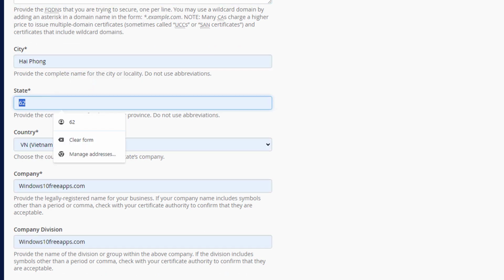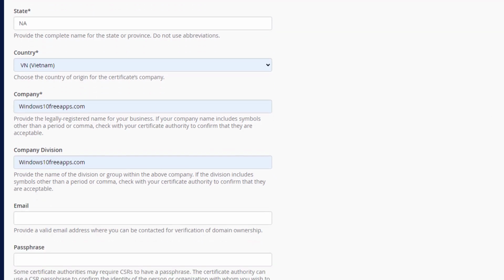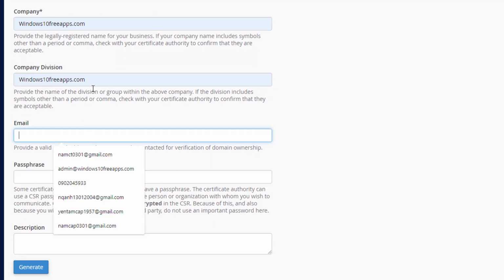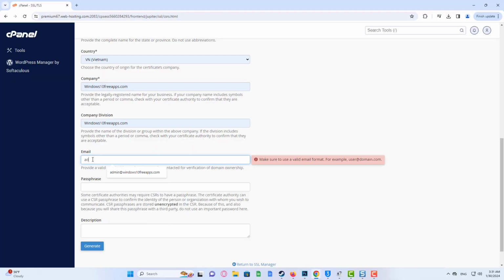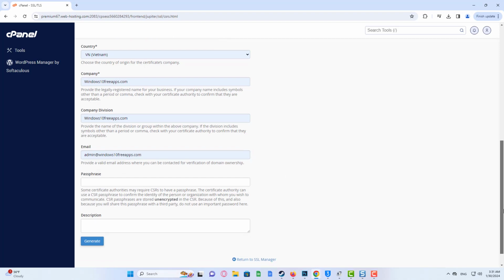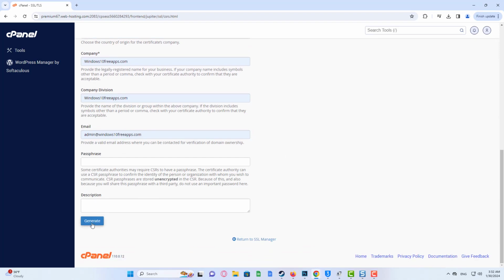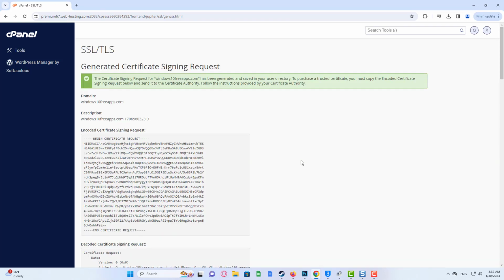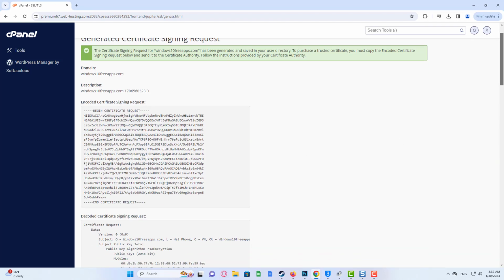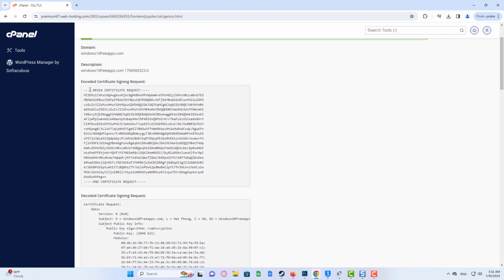Enter here your city, state, select your country. If you have any company, then enter here the company name. You can enter your email address. Then all you have to do is just click on Generate. And your CSR code will create here. Now you can copy